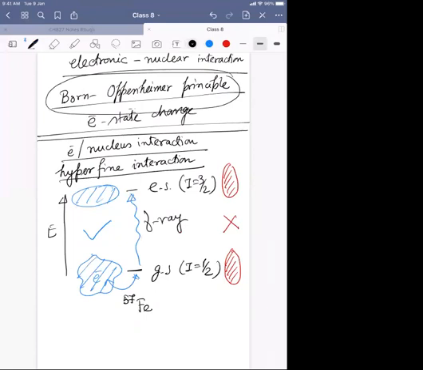So if I don't see any change, I can say the electron and nucleus are not much interacting, so there's not much change. Then there is no point in doing Mossbauer spectroscopy. But what actually happens over there, what you have drawn, it actually affects. The electronic state gets distorted as I'm changing the nuclear state, and due to this change the interaction between them is affected. So depending on what is around the nucleus, this interaction will be different, and that will affect the energy of this excited state or the ground state.